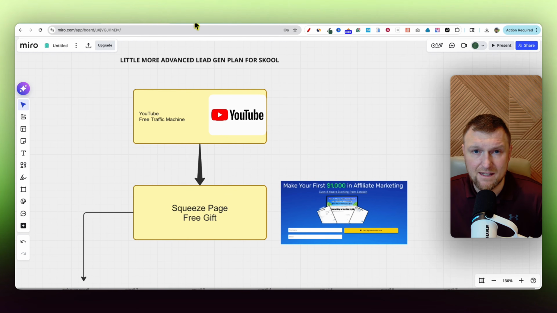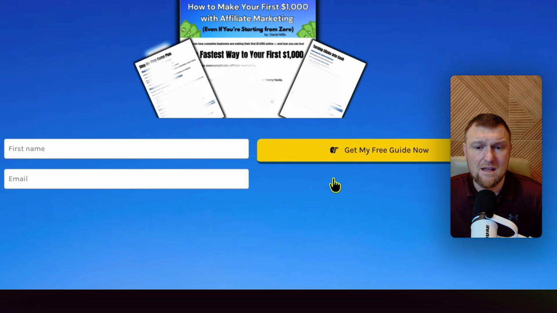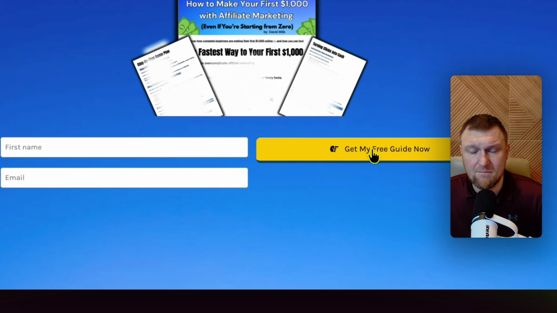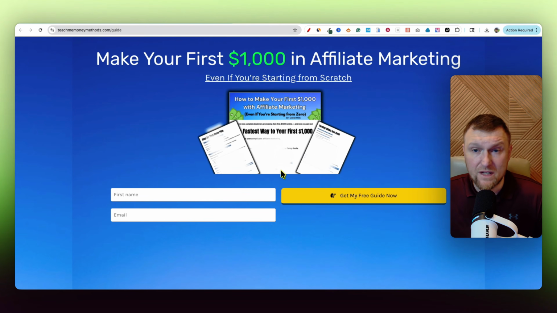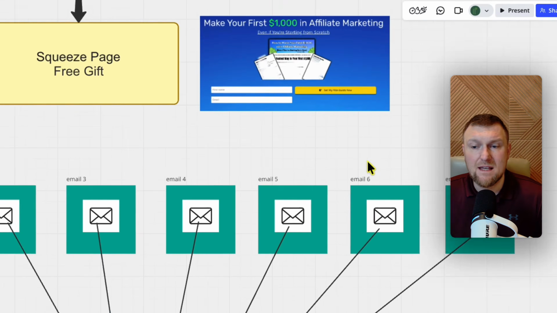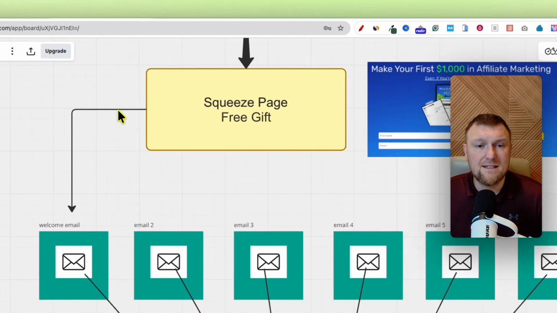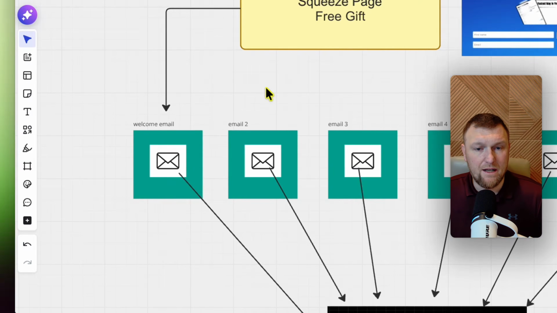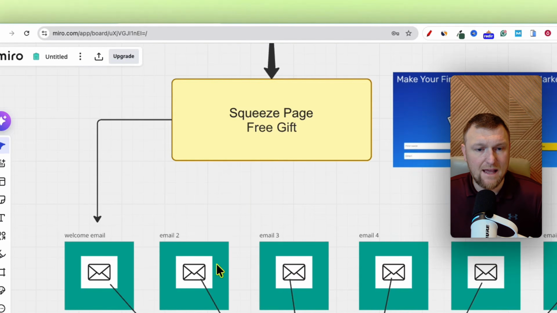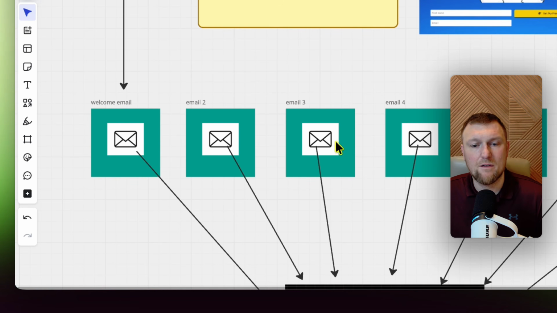And it can look like this, right? I'll actually show you right here. They can put their name, email, and then submit. And then I will now capture their email if they fill that form out right there. And then once that happens, you can automatically send them a welcome email right here. And then every day after that, they're going to get an email, and then email 3, email 4,